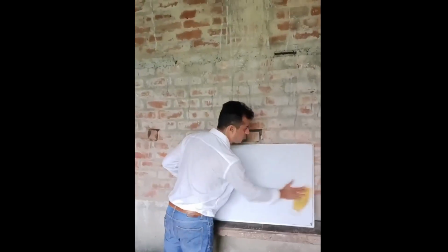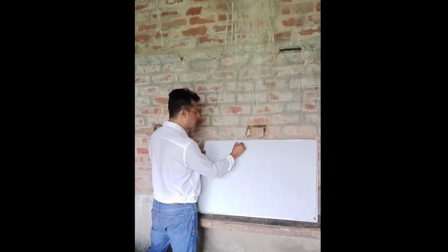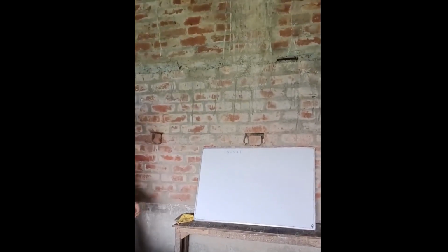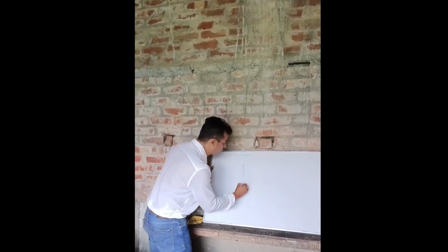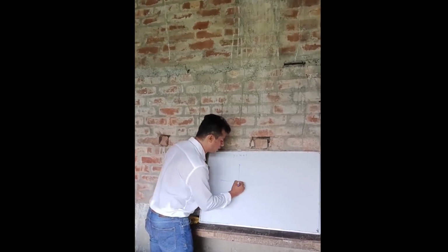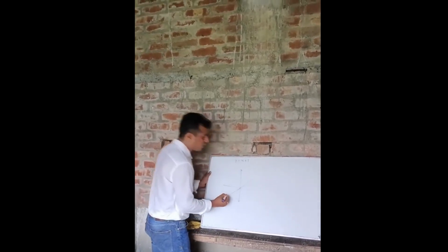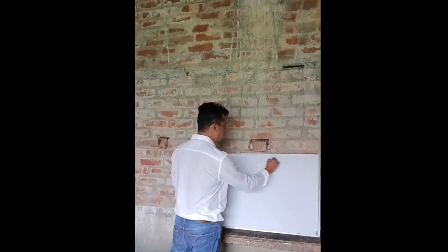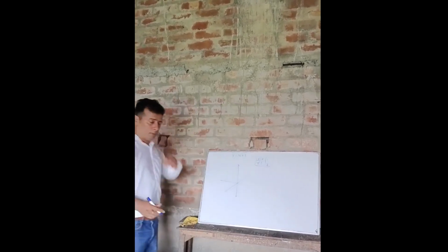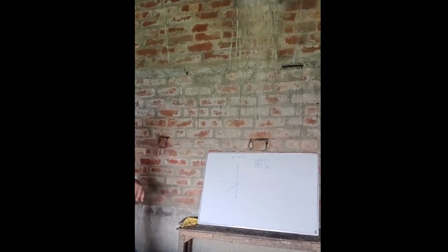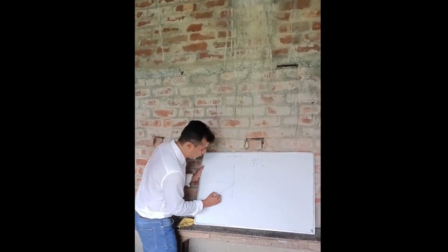Now we will make small changes in the graph we have seen. Suppose that y equals x plus 1. So there is a constant term added to y equals x, that is 1. So we will first draw the graph of y equals x. We can also do it by taking x equals 0, y equals 1, and so on. You can also do it like this, but now I am saying another way. This is y equals x.